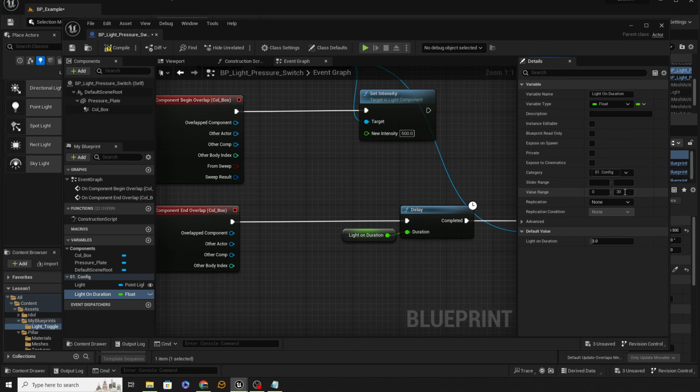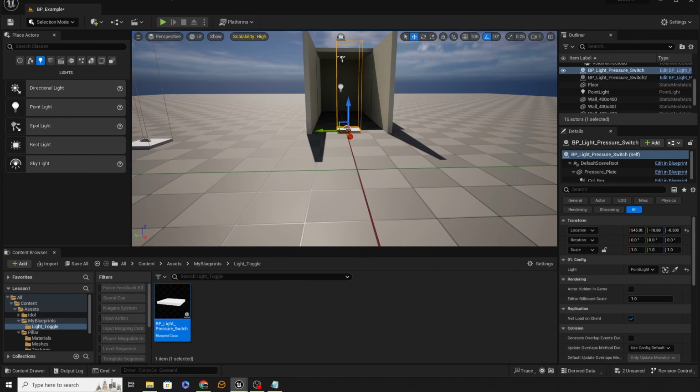Okay, so now we've got a range that we can use here of 0 to 30 seconds, and the user who reuses your blueprint, it could be someone else on your team or it could be you, is now constrained to that value if they're editing it just by clicking on the blueprint and changing the values. So if I just come over here